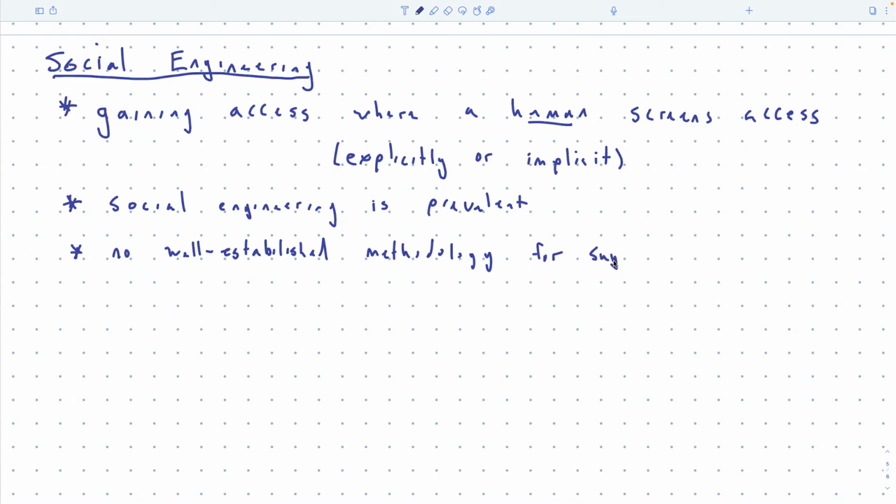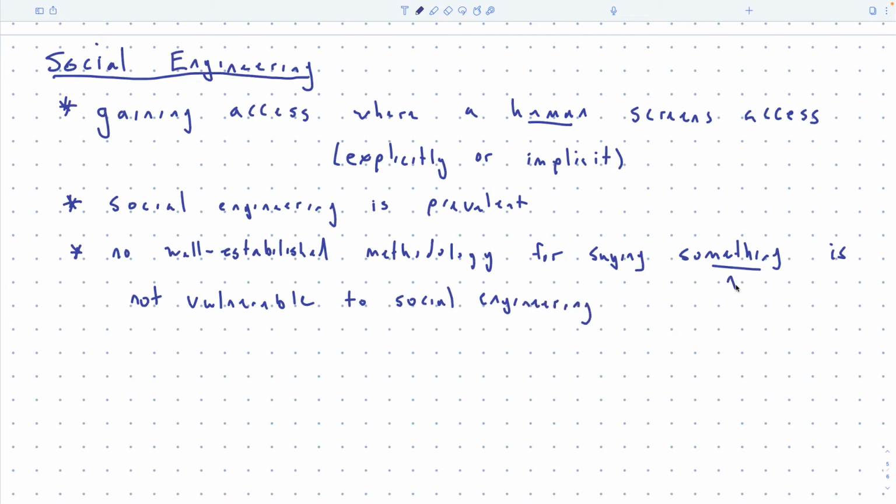for saying something is not vulnerable to social engineering. And part of the problem is, what is that something, right?